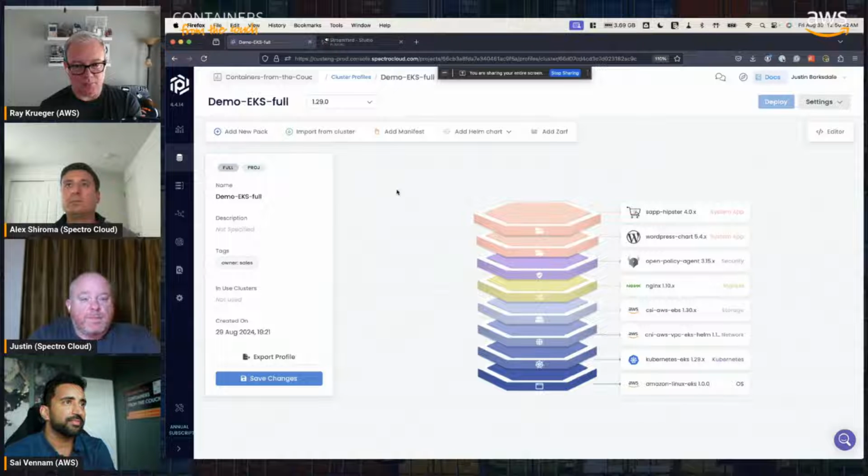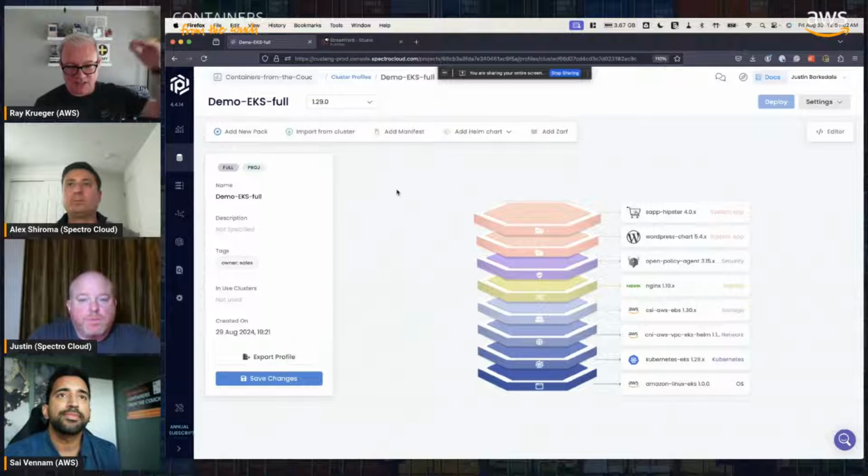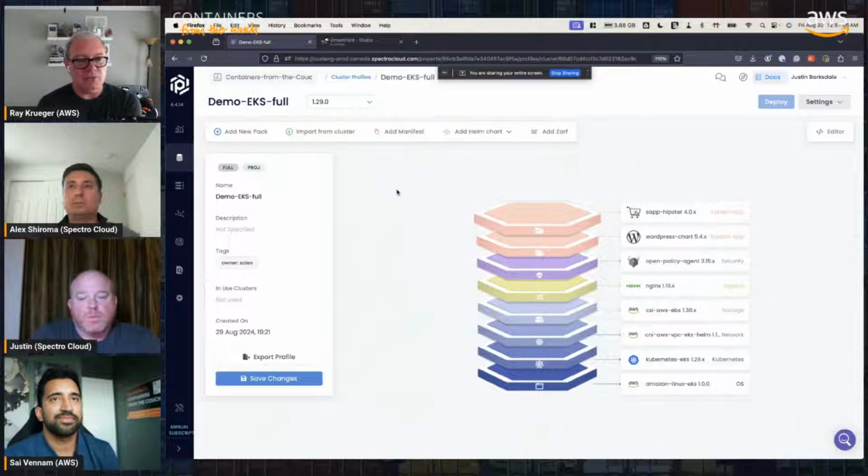Yeah, the meta point that I was going to make there is one of the things that I talk with customers a lot about, especially platform engineering teams, is this product concept. You're building a product. It may not be facing your external customers, but it's facing your internal customers. And so being able to take this concept all the way down to the specific, like the pack becomes a product, and how do we upgrade the components that go into that and that go into the clusters above it? So yeah, exactly.